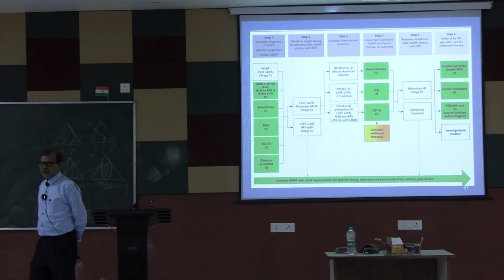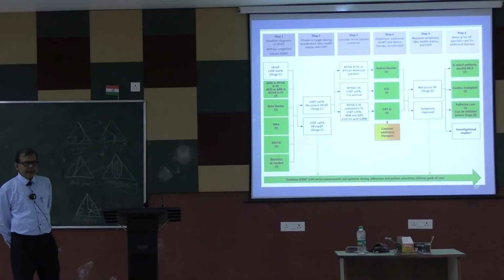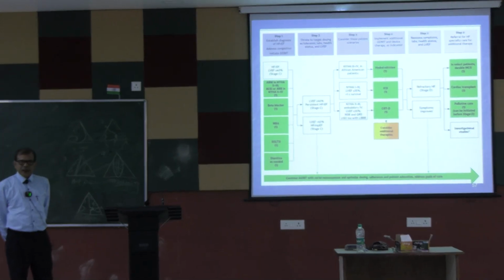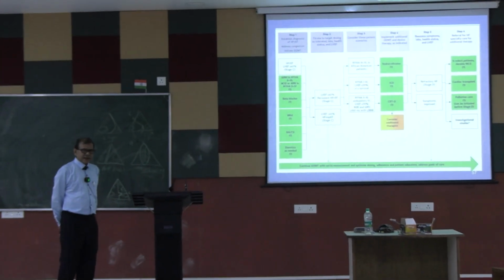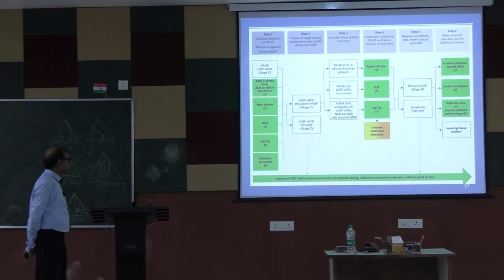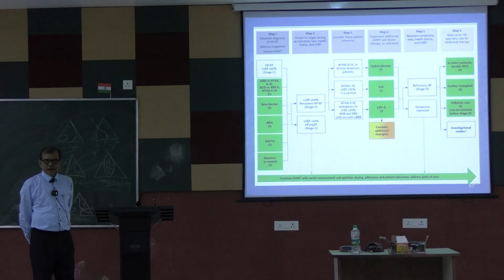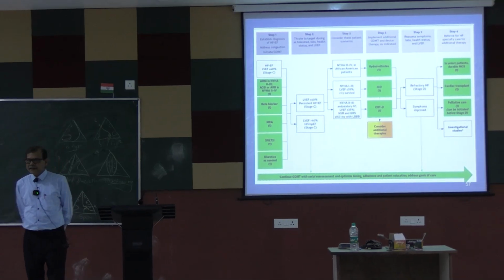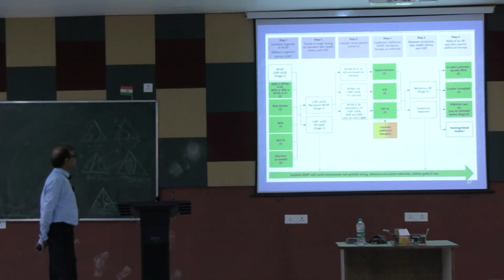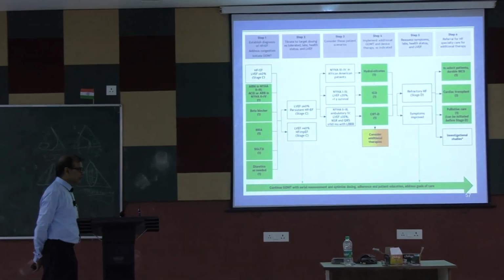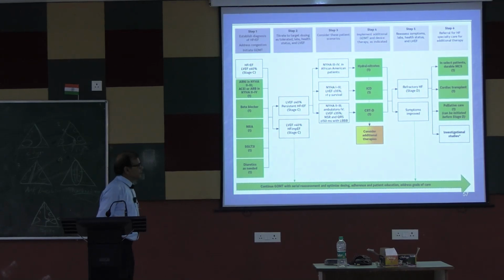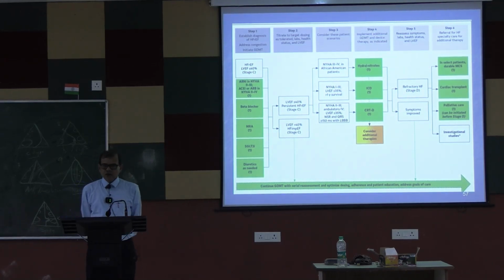So initiation of GDMT includes ARNI or ACEI or ARB plus beta blocker plus MRA plus SGLT2 inhibitors, and lastly diuretics if needed. Now step 2, that means titration of doses to the optimum dosing or maximum tolerated dose